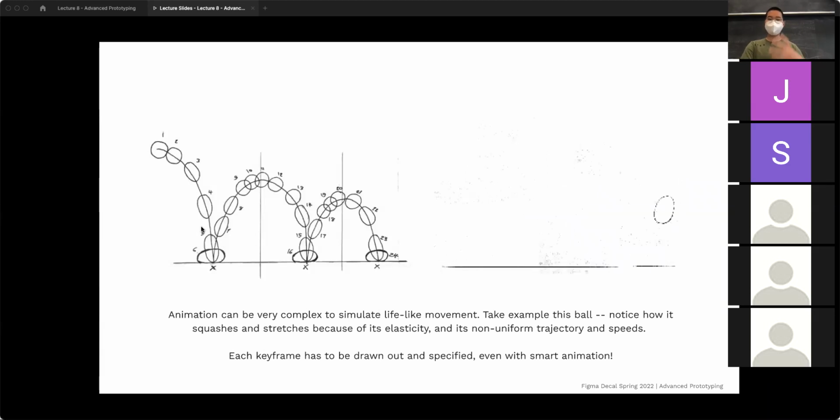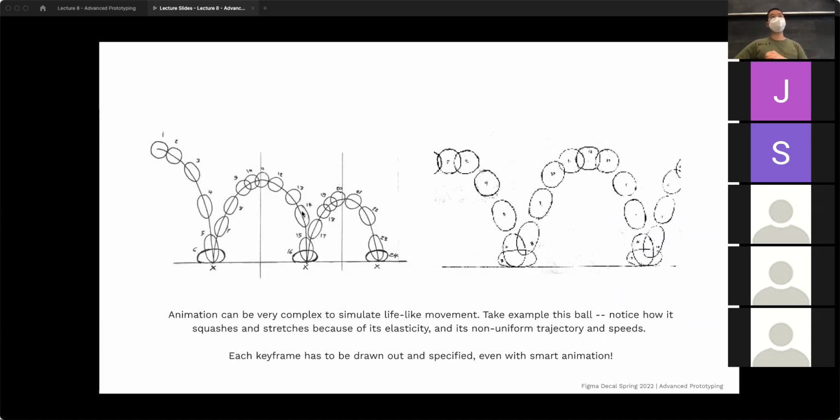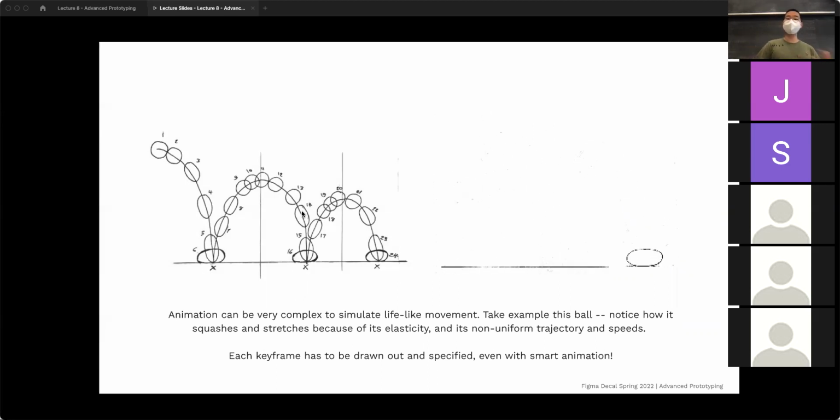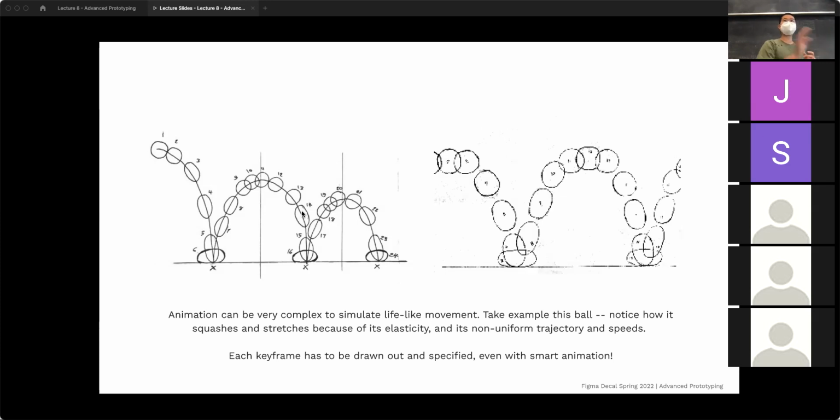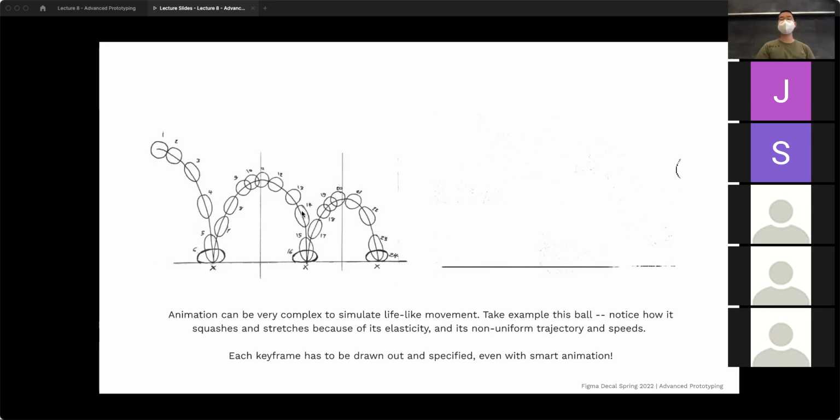So animation and the actual animation industry can be extraordinarily complex, even for really basic movement. This example here is this idea of squash and stretch, which is, I think, a lot of the time one of the most key or fundamental or basic lessons that they teach you if you're learning animation. So when you take a ball, I don't have a ball on me, but when you actually carry it and you see it bouncing, you might not think of it necessarily as changing in its shape. However, if you want to communicate that in a limited number of drawings, it's helpful to exaggerate that sense of